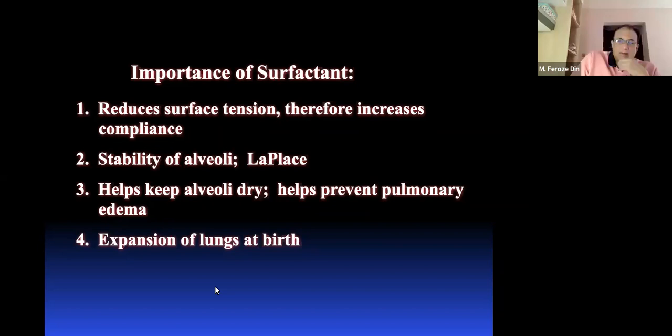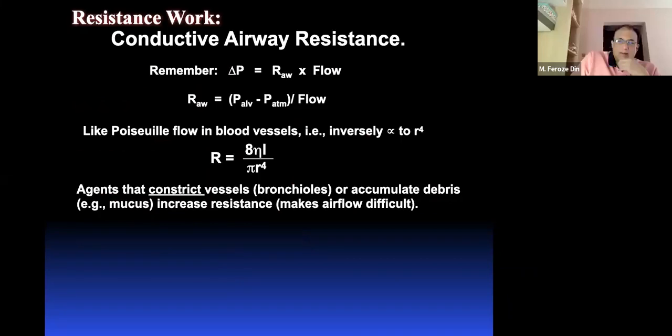Secondly, we come now to airway resistance. We looked at compliance, we looked at surface tension. Now we are looking at conductive airway resistance. So when air moves through any vessel, or any fluid moves through any vessel, there is a resistance. And this is another law, Poiseuille's law. This word Poiseuille is French again. Notice the spelling. The double L in French becomes a y sound. So Poiseuille's law of